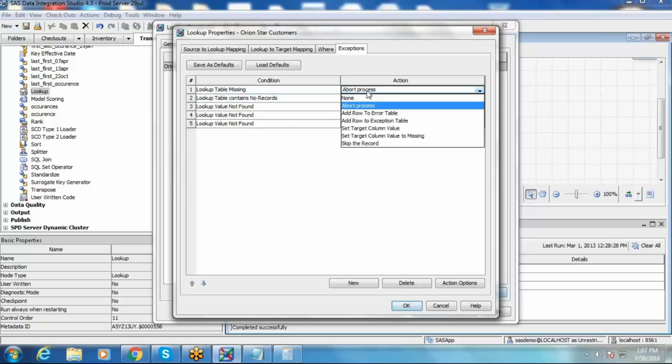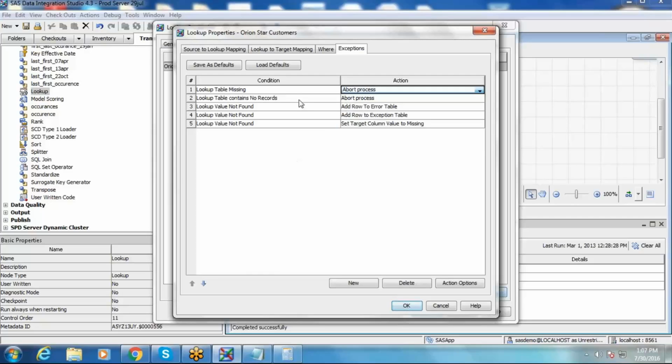If you drill down into this action, you can see the process: add row to error table, add row to exception table, set the target column value to some specific hard-coded value, set the target column values to missing, or simply skip the record. So a couple of actions can be taken as soon as a lookup value is not found, and a couple of conditions are listed here.